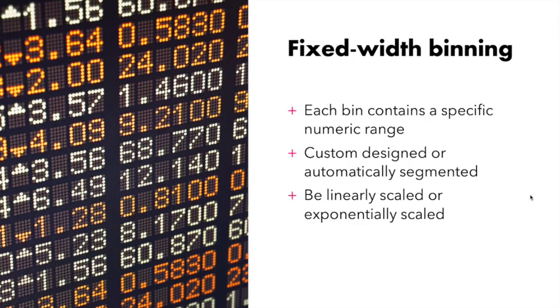Okay, with fixed width binning, each bin contains a specific numeric range. The ranges could be custom designed or automatically segmented, and they could be linearly scaled or exponentially scaled. For example, we can group people into age ranges by decade. 0 to 9 years old in bin 1, 10 to 19 years old in bin 2, and so on and so forth. And to map from the count to the bin, we simply divide by the width of the bin and take